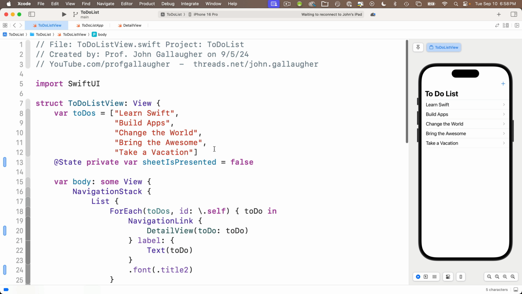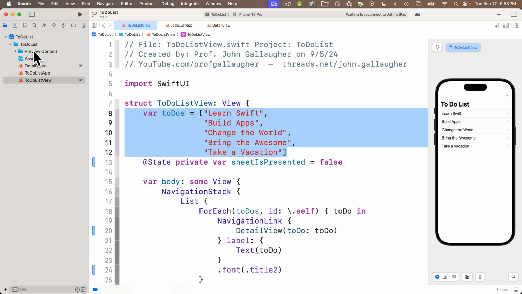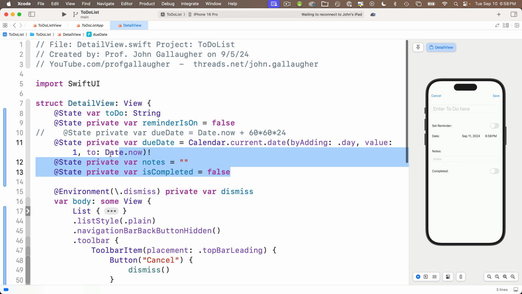So our user interface is looking pretty good, but the next big thing we want to tackle is passing data back and forth between our screens. Now we learned how to pass static data, but this data is going to be dynamic, and it's also going to be complicated because we have an array of to-do items, but if we click a single element in our list, we want to work with only one item at a time. Also, if we head over to the detail view file and take a look up top,